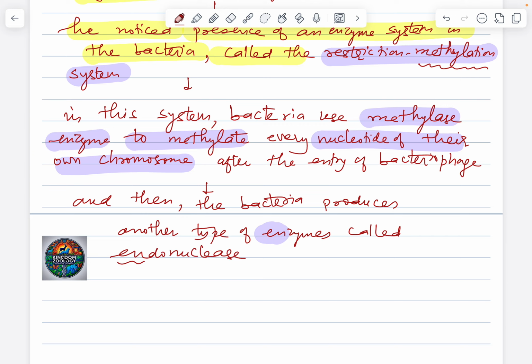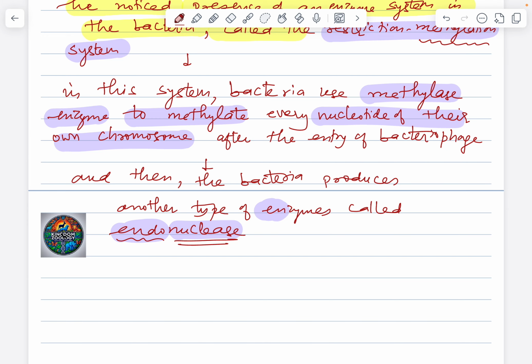Look at the word endonucleases. What was our pancreas producing? Exonucleases. What are the enzymes that the bacteria are producing? Endonucleases. The bacteria produces another type of enzymes called endonucleases, which